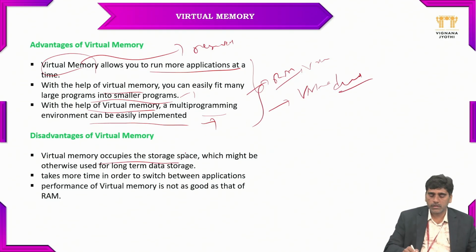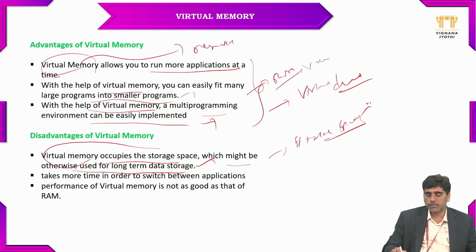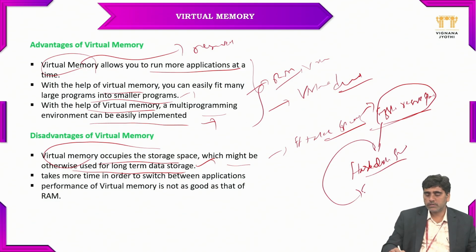Virtual memory occupies storage space which might otherwise be used for long-term data storage. When you see that virtual memory occupies space, it takes more space from the system reserved space. Whenever you install an operating system, it gives space for hard disk partitions, as well as space for the system reserved space. So here the virtual memory occupies the storage space of the system reserved space,